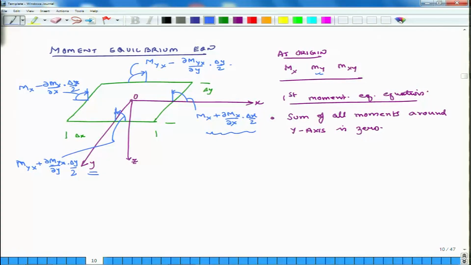So, these are all the moments which are acting on this small plate element, which are causing it to rotate